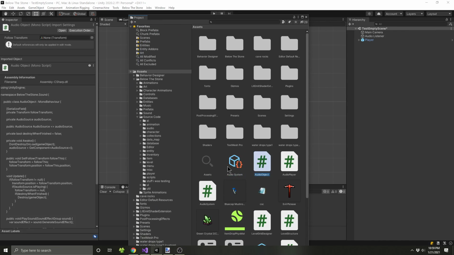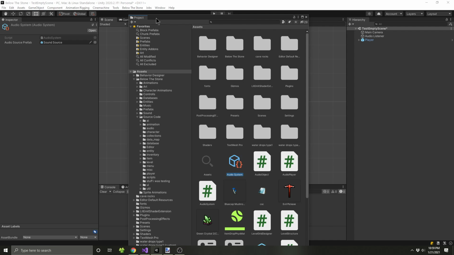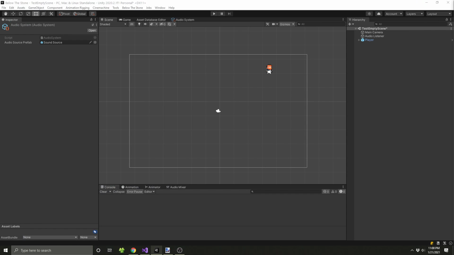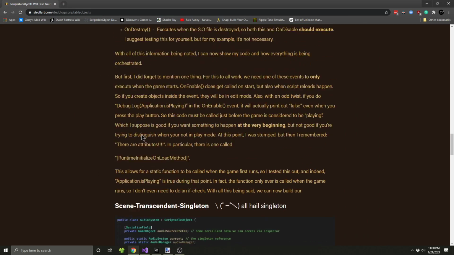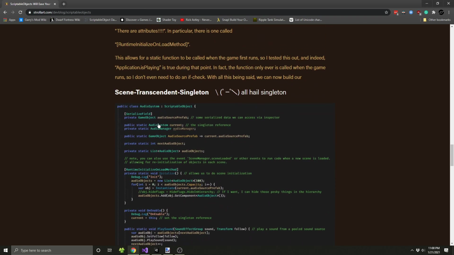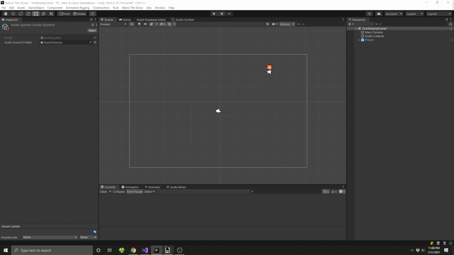When you run the game, what happens is that it gets stripped, air quote stripped. It never actually makes its way into the build because it's not referenced anywhere. So you have to reference it somewhere, and it's like, well, where are you going to reference it? The point is that you don't necessarily want it to be referenced anywhere. You just want it to exist by itself, and for Unity to acknowledge its existence, essentially, so that you can run this singleton-like thing, which I coined, funnily enough, the scene transcendent singleton, because it's a singleton that does not exist within the scene. That could definitely be useful for people who are using singletons in their project, and you're like, okay, I want this logic to run, but it doesn't matter what scene it's in. And that's kind of why I went down the path I did with the sounds. But anyway,